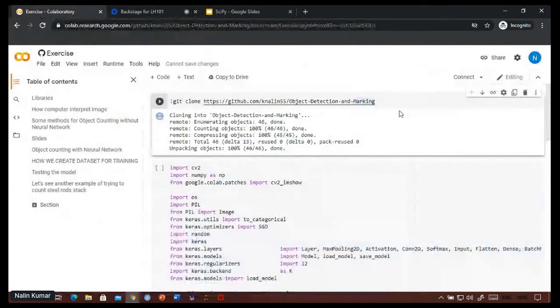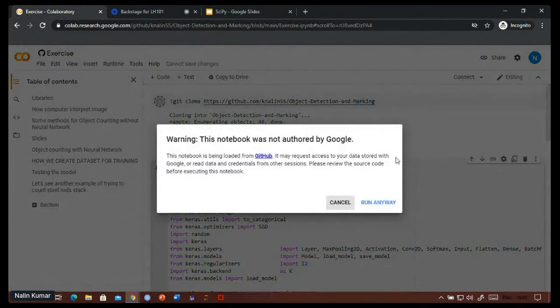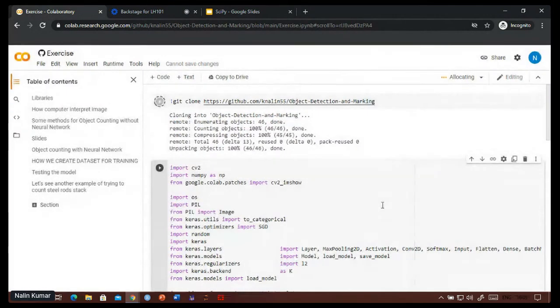After that, run the first cell so that we can clone the GitHub repository to get the data.